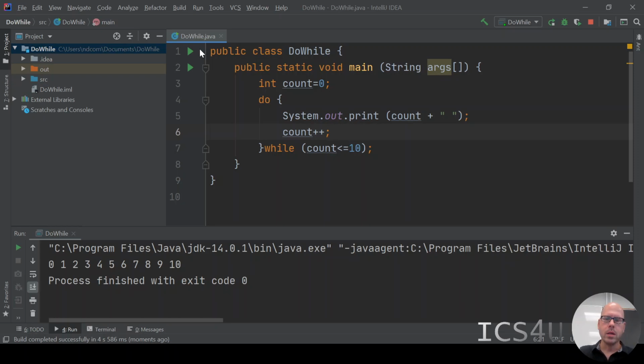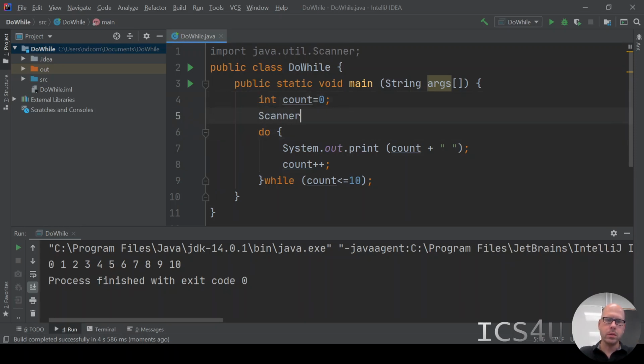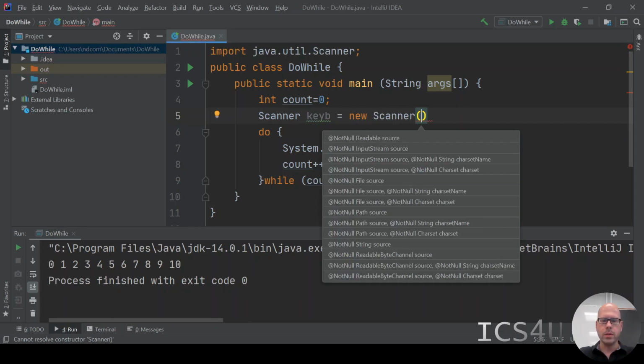0 to 10. Let's quickly change this to include a Scanner object. So import java.util.Scanner, and I want to see what happens with some user input here. So this is a really good use of a do while loop. I'm going to make Scanner keyboard equals new Scanner(System.in),